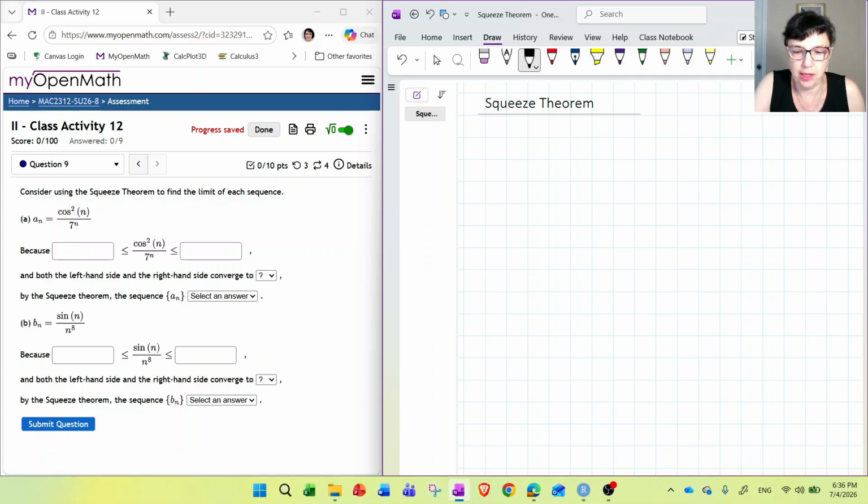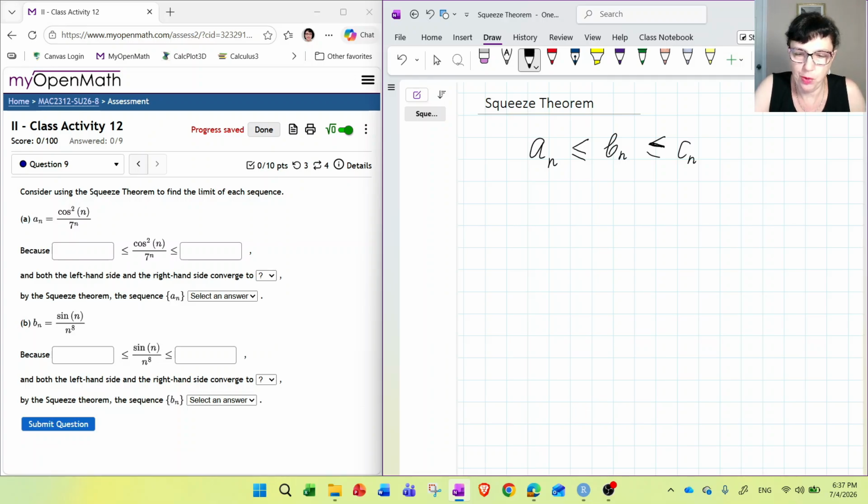Basically, it involves three sequences. Let's just call one of them a_n, then you have b_n, and then you have c_n, right? And what you need to know first of all is whether a_n is always less than or equal to b_n. By the way, that does not actually have to happen for every single n, as long as it happens at infinity, basically. As long as at some point it's going to start happening, that's fine. So for the first few terms, it doesn't have to. But if it does at some point, for some n, let's say 100 and higher or something like that,